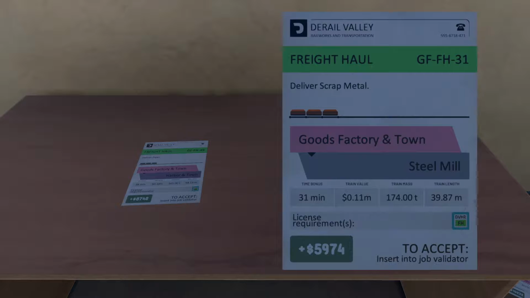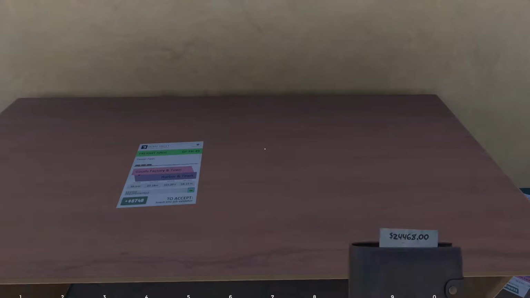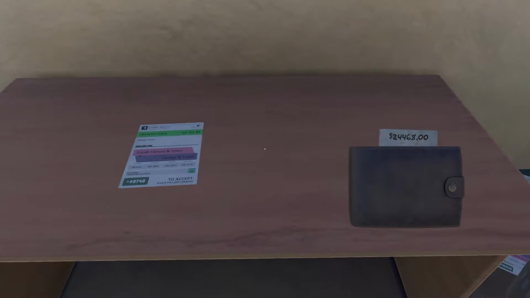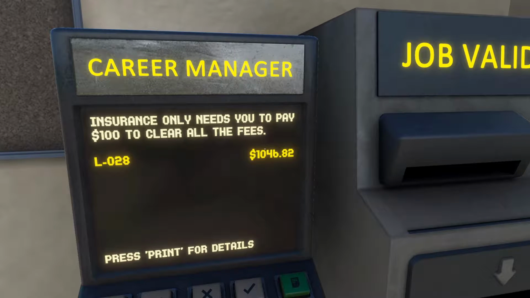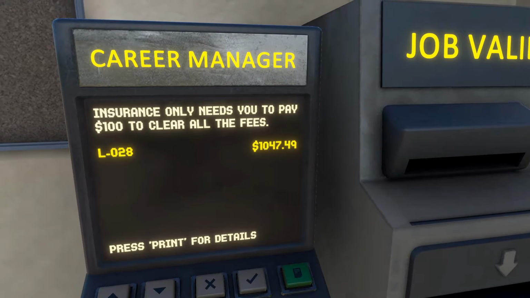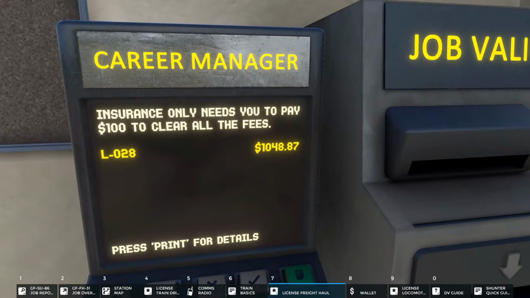get to the steel mill, because if we can do this in 31 minutes, we'll still get about $8,500–9,000, which added to our wallet of 24, and yeah, we have fees to pay at the minute of 1,000, so we'll probably end up with double that, maybe even triple. So even if we say $3,000 of fees,